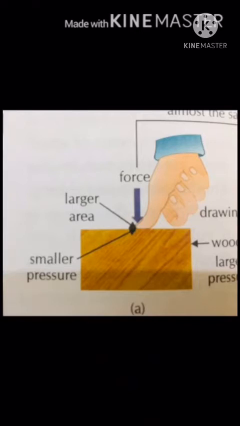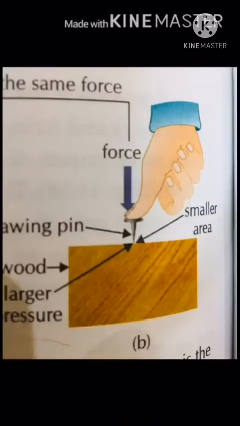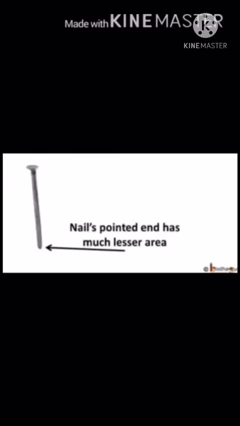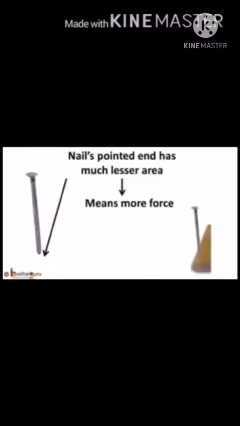When you put your thumb on a piece of wood and press it, the thumb does not go into the wood. But when you push a drawing pin into the wood with the same force of your thumb, the drawing pin goes into the wood. The force applied on the wood is almost the same in both the cases, but the drawing pin has much smaller area of contact as compared to your thumb. This means that in the case of a drawing pin or a nail, the area over which the force acts is smaller, therefore its effect on the wood is much greater.